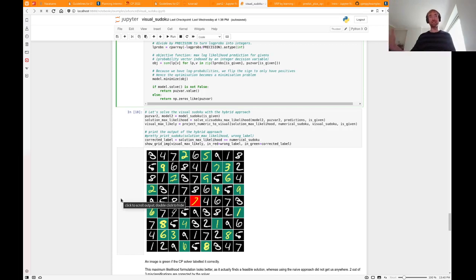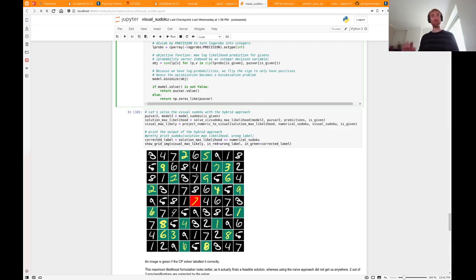So we find a valid Sudoku. It actually corrected the argmax mistake here and here. So it took the next, or third, or whatever most likely assignment such that you can complete everything to a Sudoku. But it's still not a true one. This is not the true intended Sudoku, because it still misclassified this one, but it finds a Sudoku solution with